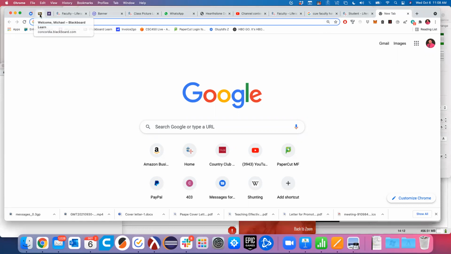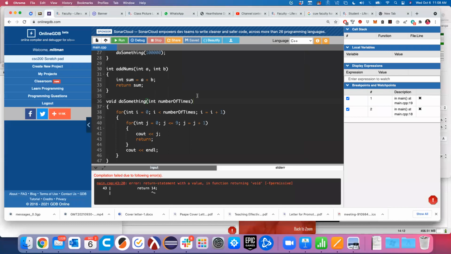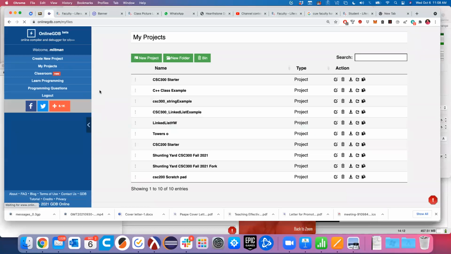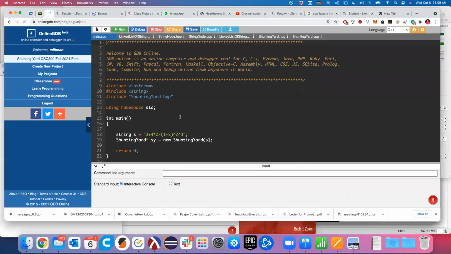So if I go to this guy here, and I'll switch to our thing. Let's just go to my projects. Yeah, see, I have it in here now. So this is the correct one. So if I make a quick change here,